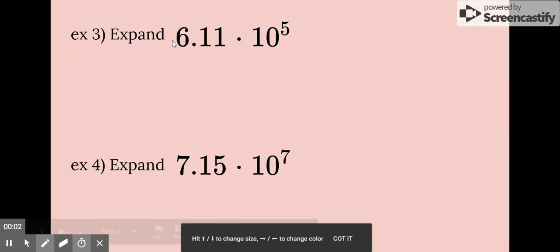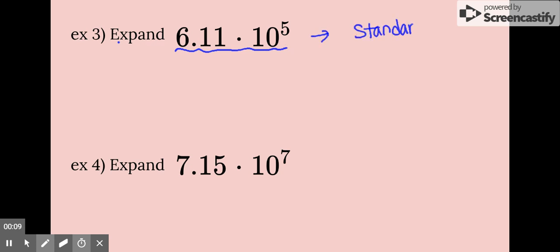All right, next example. Now we're going to expand the scientific notation to standard notation. Standard notation is just the form that you use all the time, standard form. So now you have the decimal point right behind the 6, and then you're going to multiply by 10 to the 5th power, which means that you're going to move the decimal to the right, because if you have positive powers, this is a positive integer, right? That means the number is getting